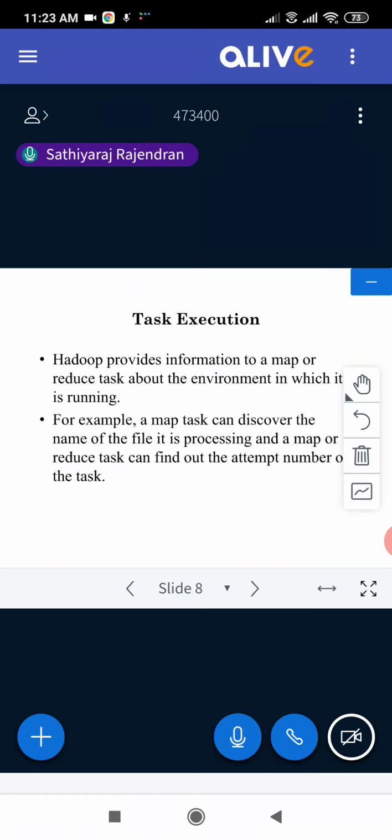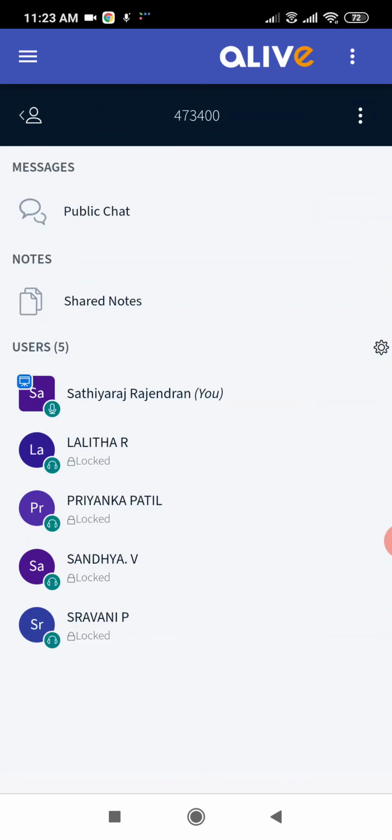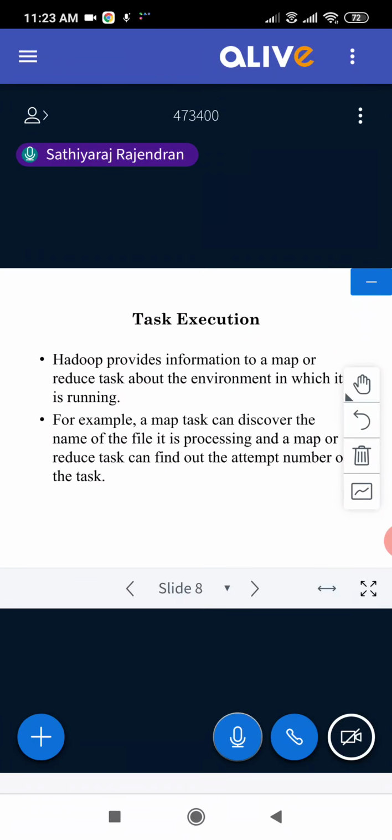We have discussed the anatomy of a MapReduce job. There we have some entities called job scheduling, job execution, and task assignment, which is talking about the same thing. Let us take one thing, the task execution environment, also called TEE. In this MapReduce phase, we have two things: one is called the map task, and the other is called the reduce task.